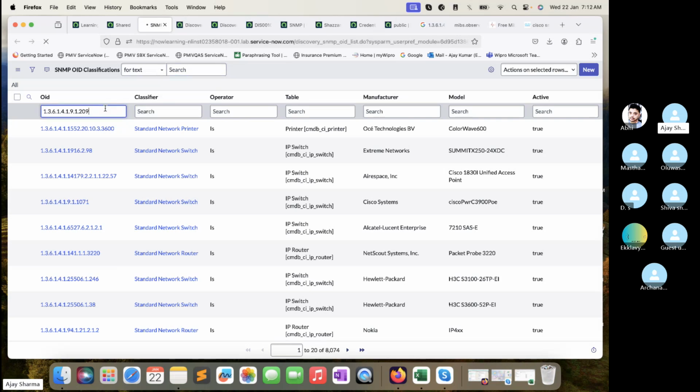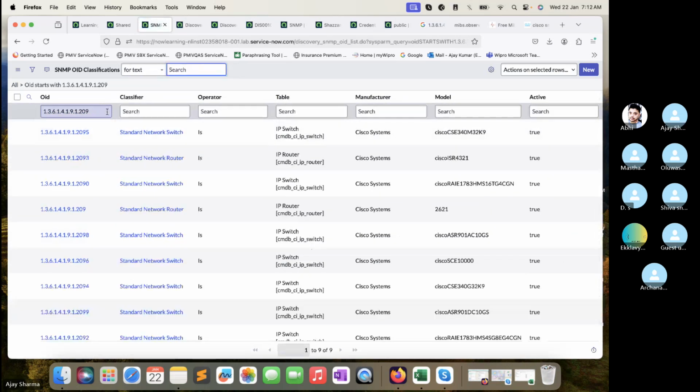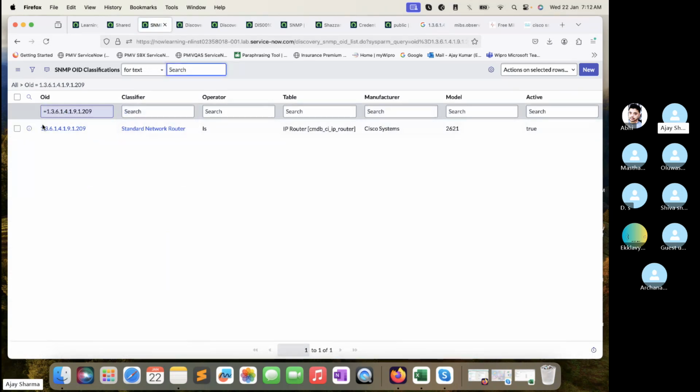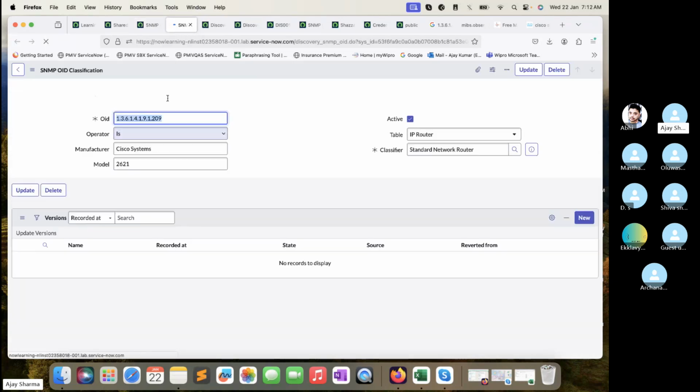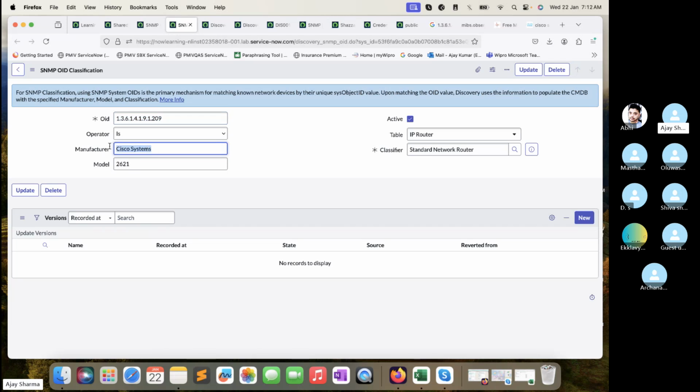If I go here and search for this OID, it's 209. Let me put equal to here. Right, so you can see that's mentioned the same way. What they mention is the manufacturer is Cisco Systems, the model is 2621, and that is classifying that particular device as an IP router, and the standard network router classifiers are triggering based on that, right? So once that is triggered, then if I open this one,